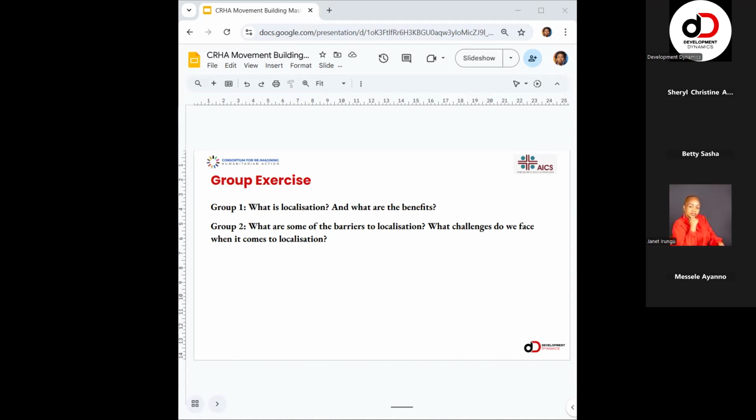Thank you for that, Janet, and thank you, Group One. I love some of the aspects that are coming up. You're speaking about adaptation, even going back to the origin of the word LOCA, which is community-led. Having some empowerment that focuses on the local responders, and bringing in the aspect that we also need to focus on local knowledge, not getting into a space and thinking, oh, we have the solutions, the community knows nothing, but also understanding what is the perspectives, what is the understanding, what is the knowledge that already exists within